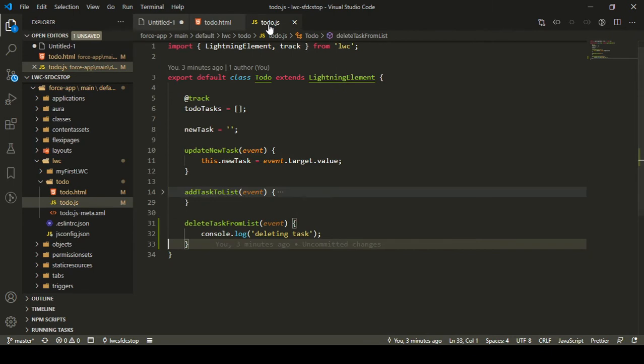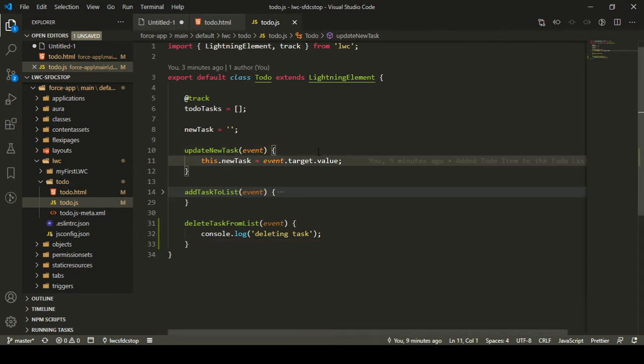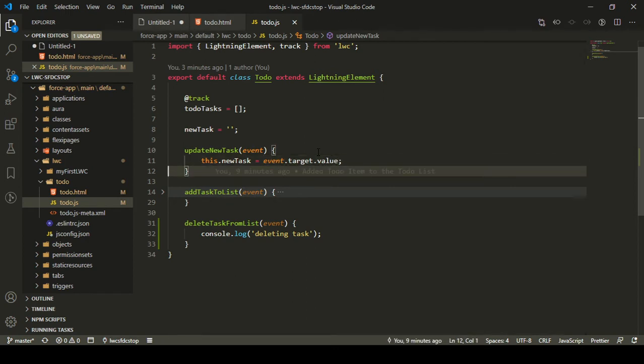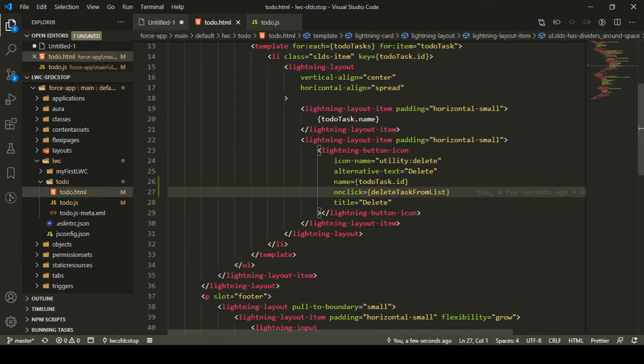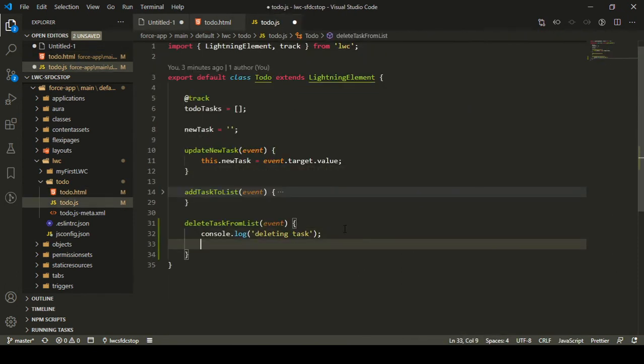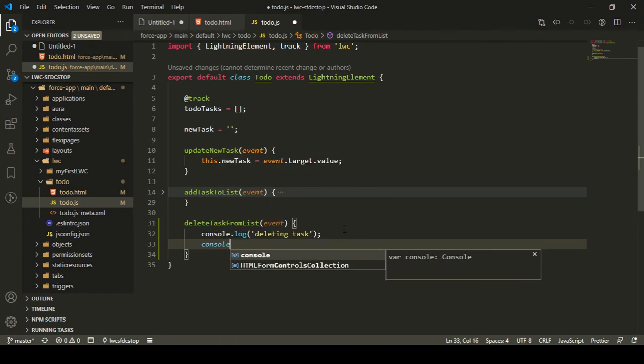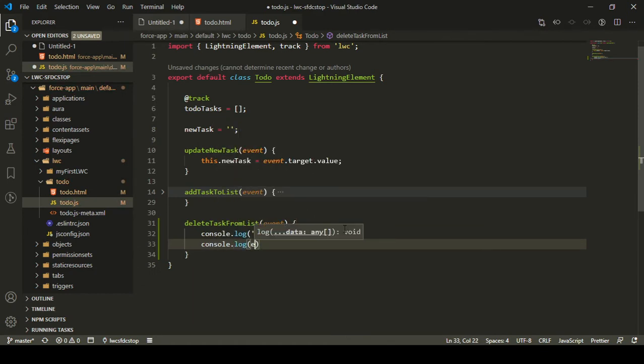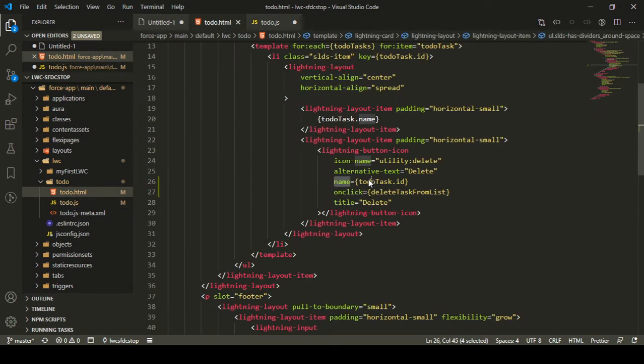Okay, so let's move on to our JavaScript file and let's see how we can use this name attribute here. We have done this in the past, right? Whenever we want to access the value of my input field, I used event.target.value. But in this case, I don't need to access the value, I need to access the name, right? So how can I access the name? I can simply access the name as event.target.name, right? So if I do event.target.name, I can actually access the name attribute of my button, because in this